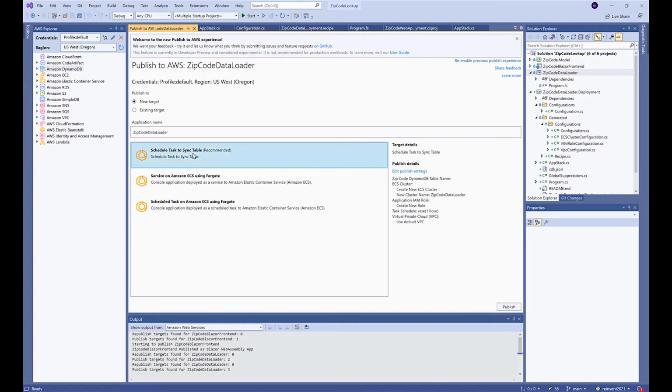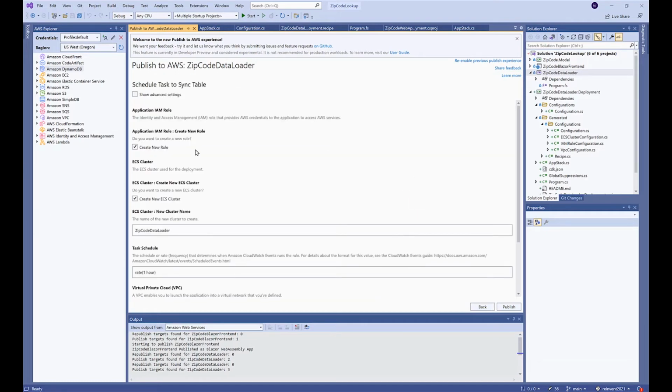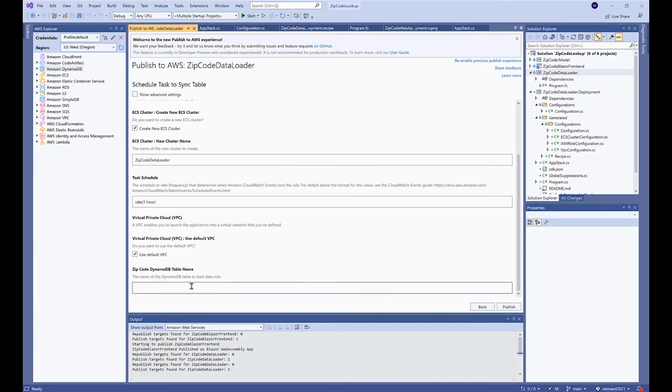And we can see on our list here is our deployment project. And so this is again where you can see that customization comes in here is you can actually customize the UI experience inside Visual Studio, where you can add your own items in the list. We can actually edit the settings here, and we can see here is our new setting that we just set up. All right, so here is the table. I think, yep, that's the table that got created as part of Team Stuffy's deployment. I'm going to just go ahead and take that table name and put it there.